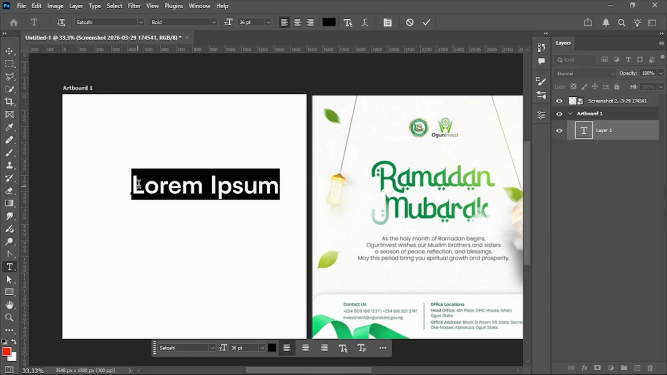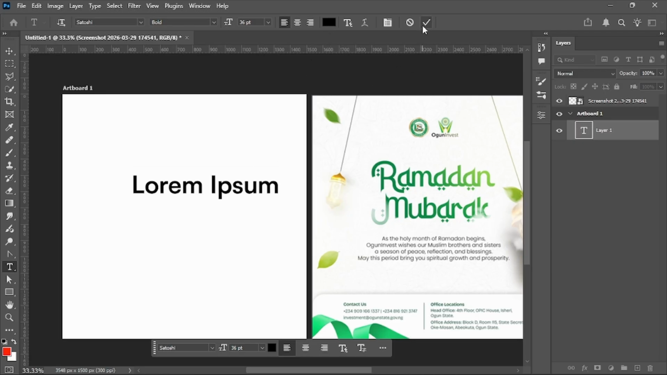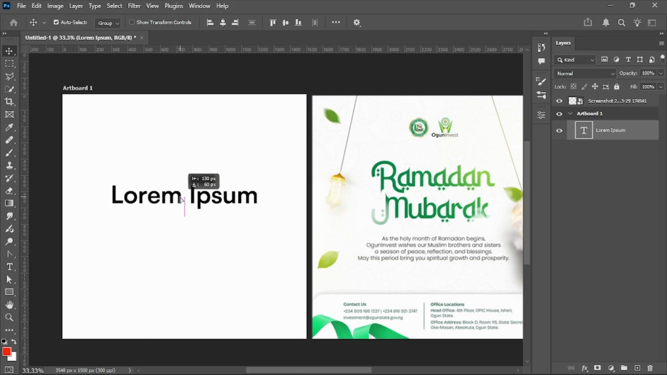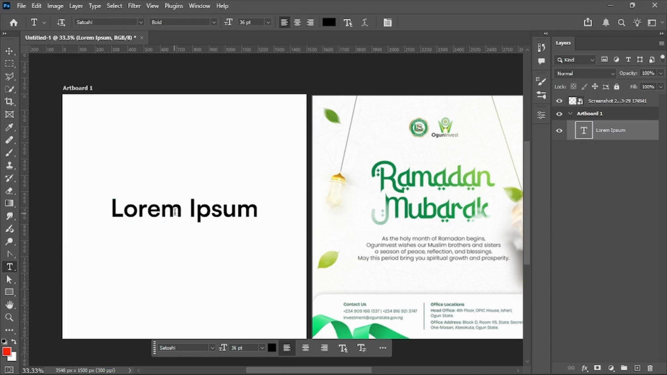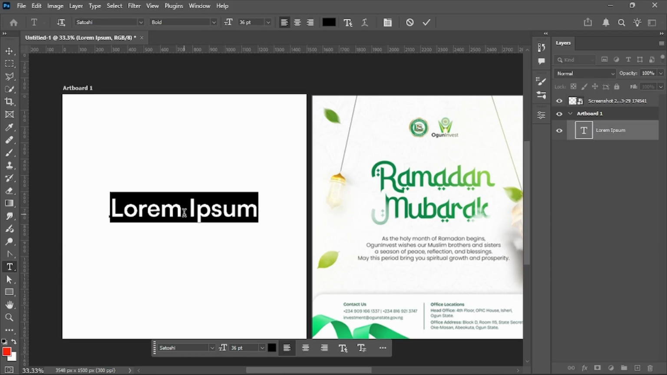So we click on our artboard and we have our default text, lorem ipsum. Lorem ipsum does not have any meaning. I hope I've said that before, and if I haven't, you know that now. It does not have any meaning, it's just a placeholder text. So let's change this to